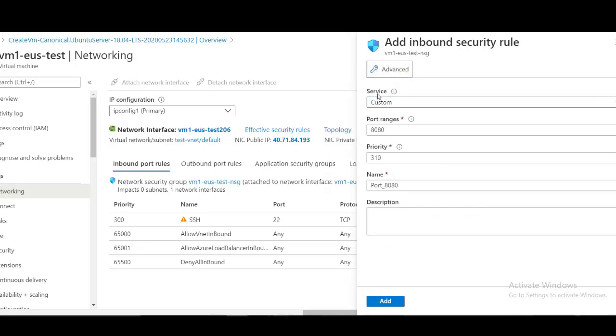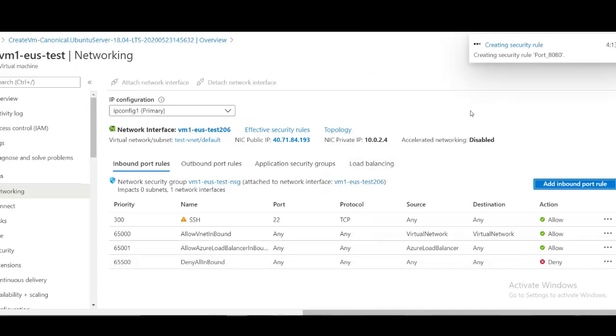Here you can see the option of Service. Click on this and choose HTTP. HTTP will work on port number 80. Finally, you can give a description or a port name here. I am calling it HTTP port. It is just a comment, so whatever you want, you can type here, for your benefit. It will create a security rule here, as you can see on the screen. It will take a few seconds.